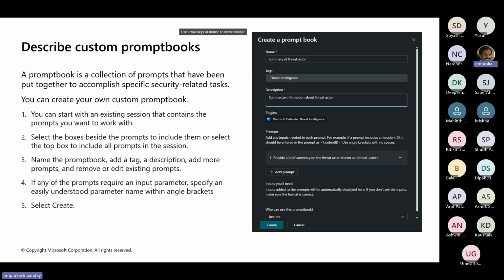As far as these prompt books are concerned, as the name suggests, it is a collection of multiple prompts. We have our custom collection of these prompts, and we can create our own prompt book. Whenever we are talking about prompt books, these should be a collation of related members together, right? Say in the recent example we worked with Sentinel, once your incident has been retrieved, then what is the next step that you would want to do,